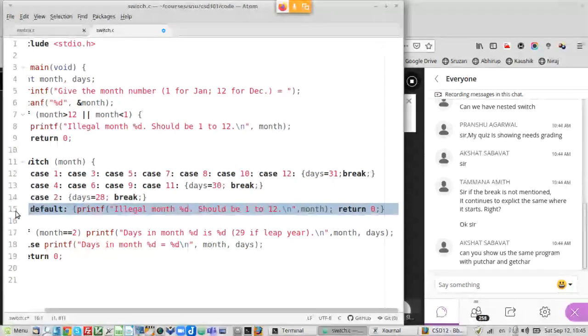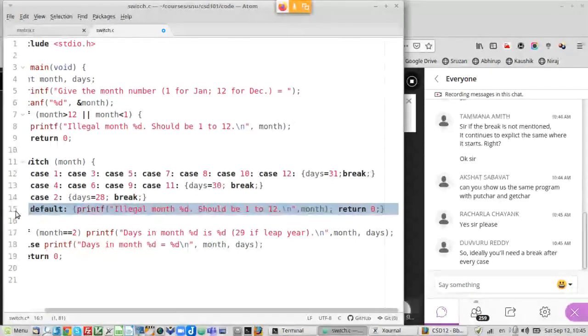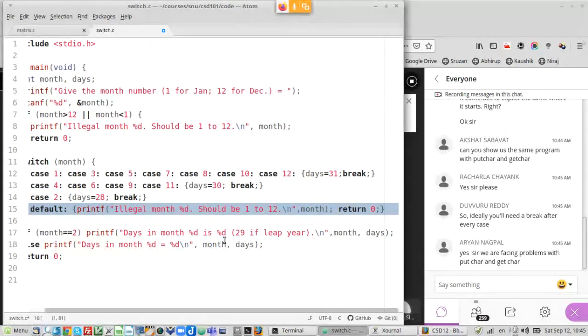So please remember that if you have a default statement and you have forgotten the break, then it will go and execute the default statement. Yes, you will need a break after every case unless you want the default to be also executed after every case. Okay, most of the time you don't. I just want you to be clear about the behavior of case because it's not intuitive.